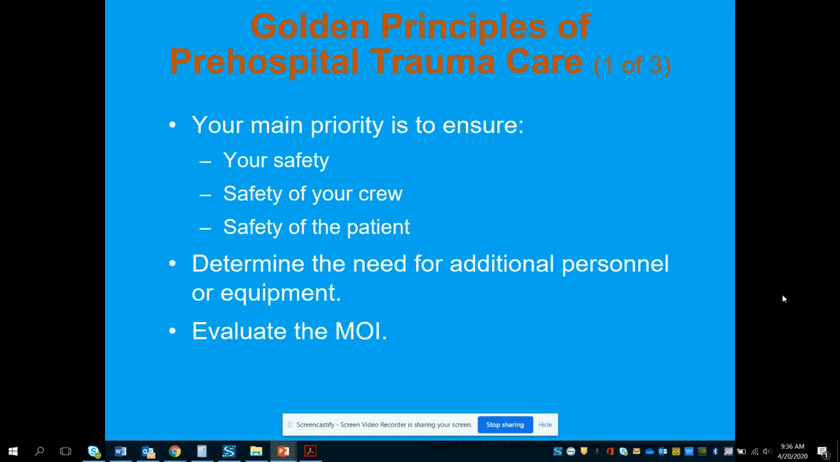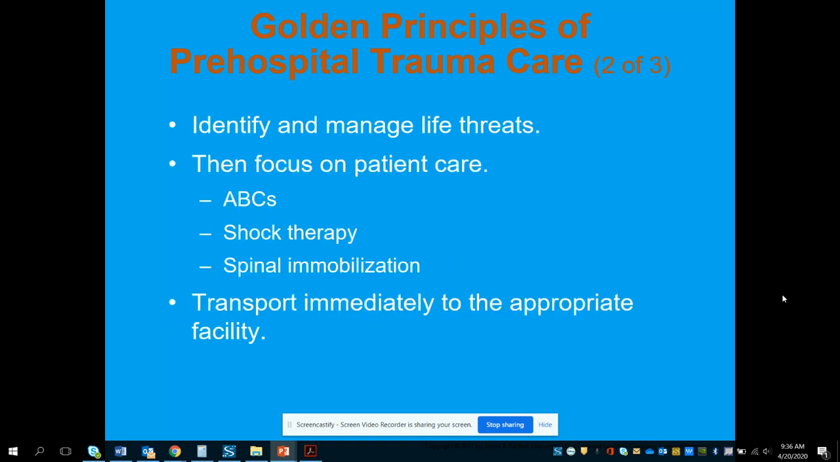So some things to remember when we're talking about golden principles of pre-hospital trauma care. Our main priority is to ensure our safety first, then the safety of our crew and our patient, as with every call that we go to. We want to determine the need for additional personnel or equipment early on, evaluating the mechanism of injury, identifying and managing life threats, and then focusing on patient care from there as far as secondary assessments, spinal immobilization, shock therapy, which would be like electricity,